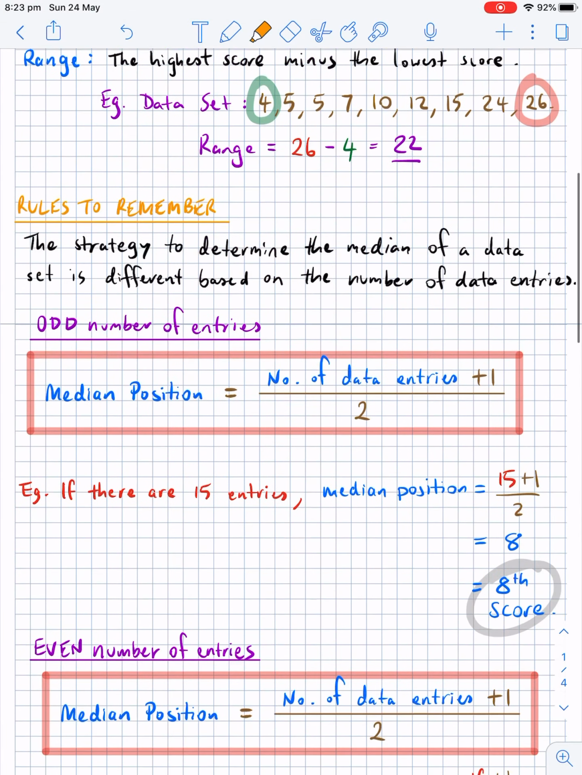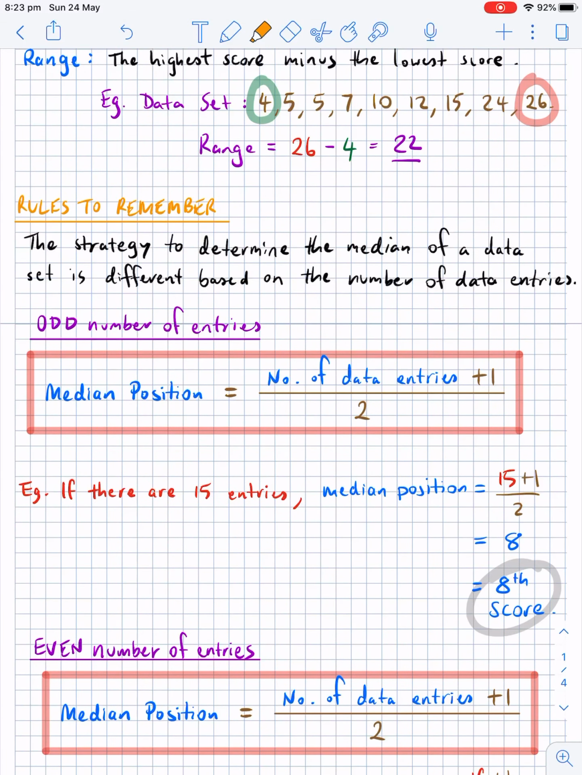Okay, so let's go through some rules to remember. The strategy to determine the median of a data set is different based on the number of data entries. The median is not always that easy to figure out for a data set, so here are some really important ideas to help you out. If there is an odd number of entries, so an odd amount of numbers, then the median's position, whether it's first, second, third, fourth, fifth, etc., is the number of data entries plus 1,